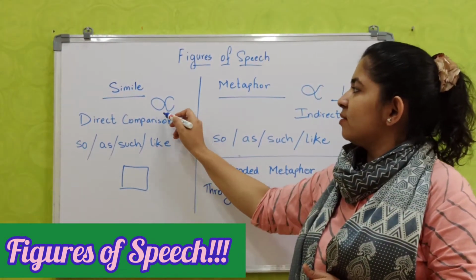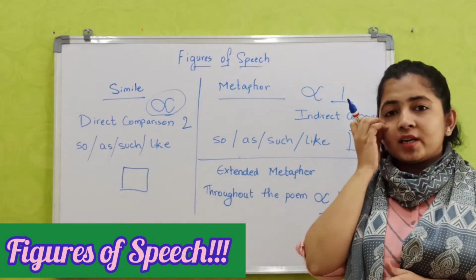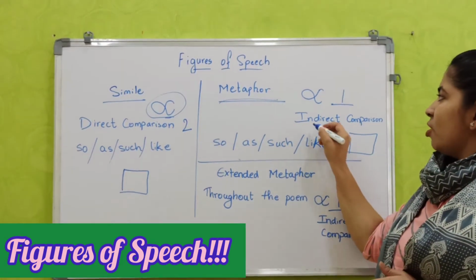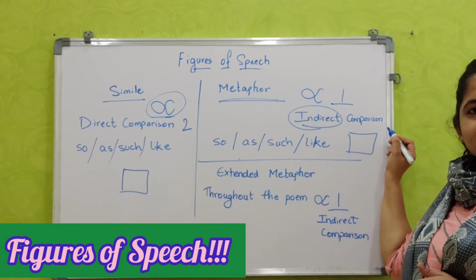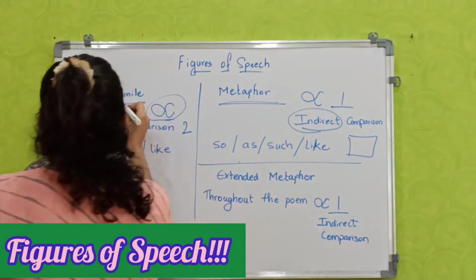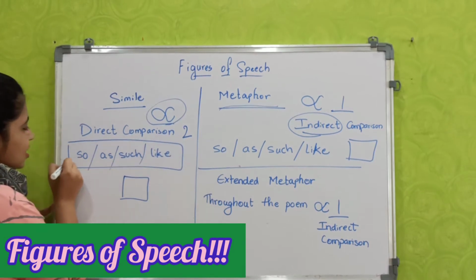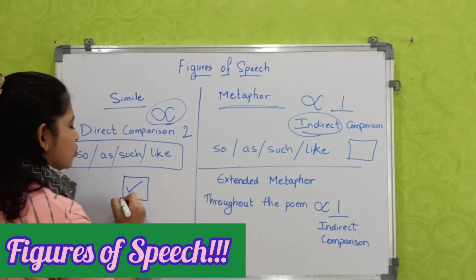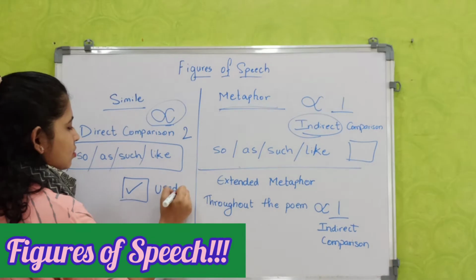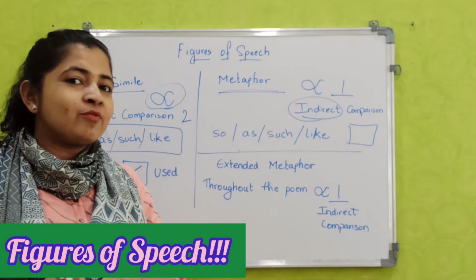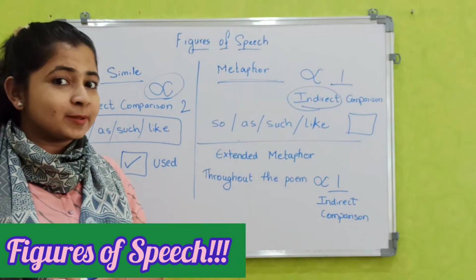So I have made the symbol of directly or inversely. Okay, so metaphor is actually inversely, or you can say indirect comparison. And when it is simile, it is always possible that these four words are always used. Okay, so you can find that if you want to identify or differentiate